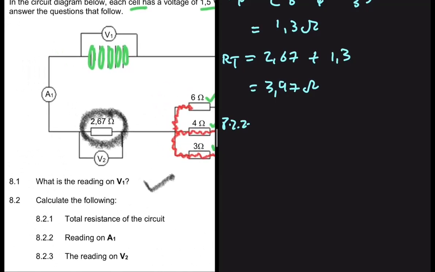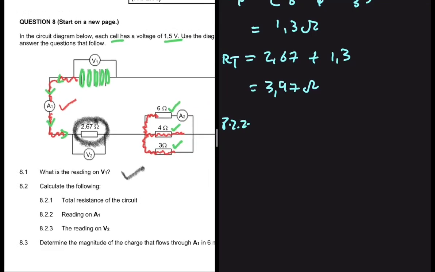A1 is this ammeter right here. That ammeter registers total current, the total current that goes through that ammeter. So what does that mean? That means that the reading on A1, we basically need to find the total current. What is the total current equal to? The total voltage is equal to the total current multiplied by the total resistance. The total voltage, you calculated it in 8.1, it is 7.5 volts. IT, the total current, the reading on A1, which is what we're looking for, multiplied by the total resistance, which is